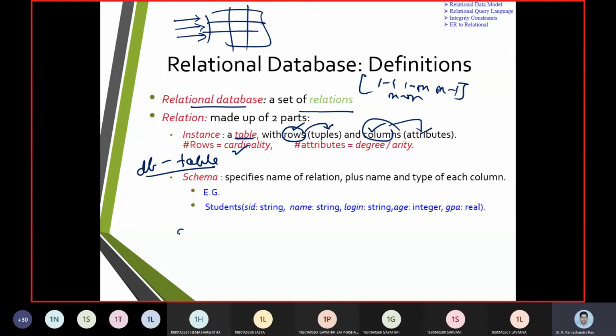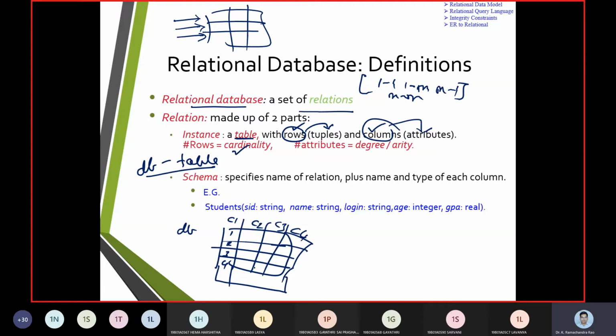Assume there was a table with rows 1, 2, 3 and 4, and columns column 1, column 2, column 3 and column 4.